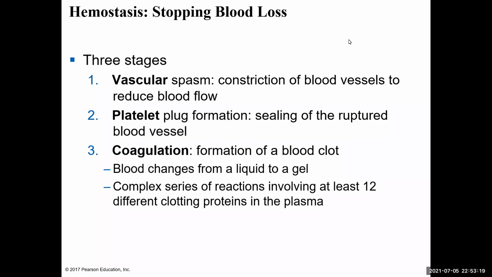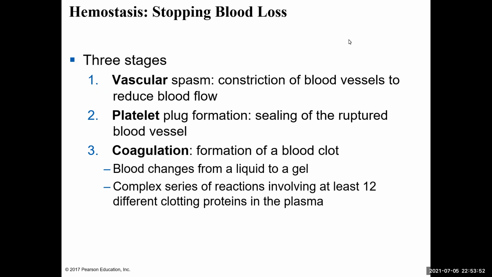All right, welcome to the second video in chapter 7, where we're going to finish our discussion on blood. Now, we did an overview in the first video of blood, the components that make up whole blood, and we discussed what's in the plasma, what's in the red blood cells, white blood cells, and platelets. We're going to continue our discussion with blood, and we're going to look at